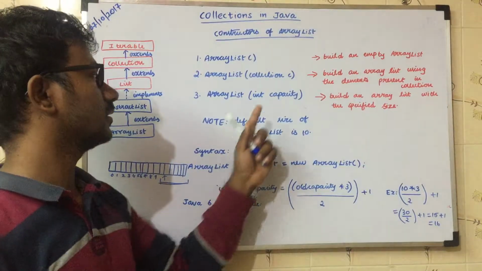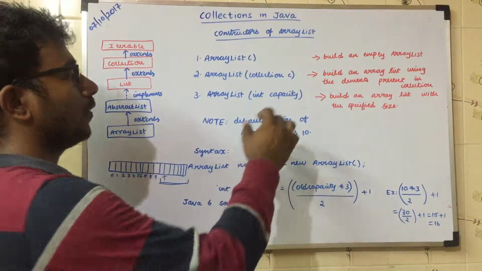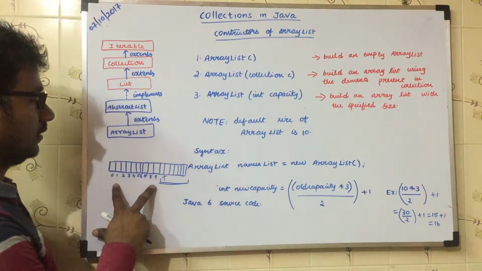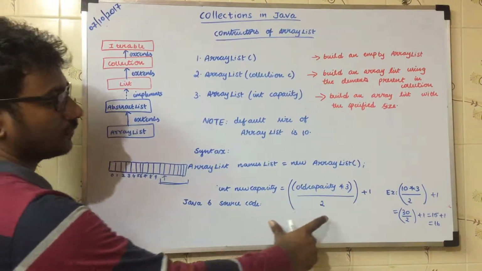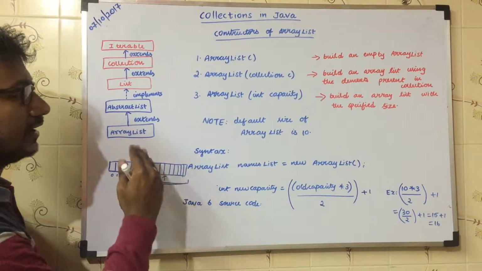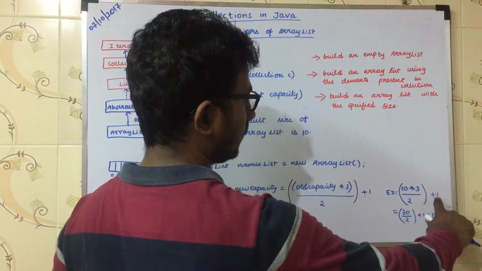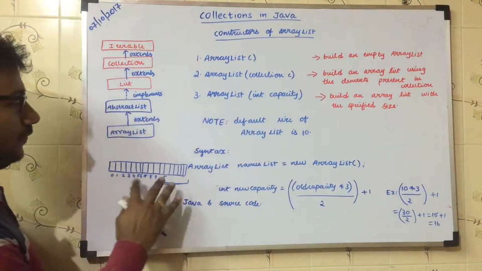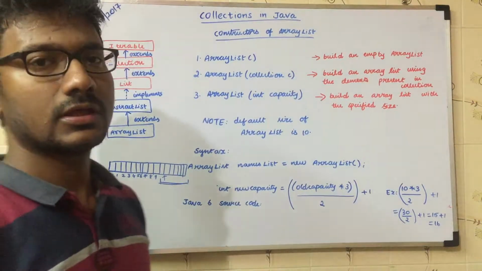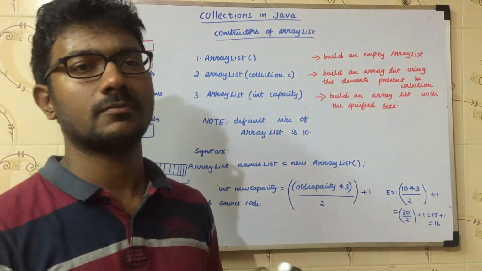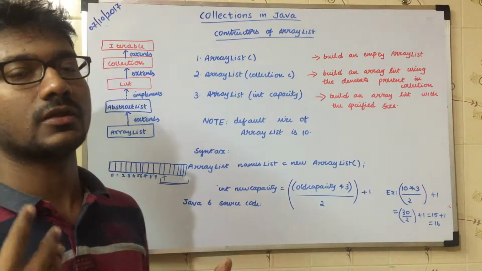The reason behind the capacity is, if you need to have 11 elements and you are not providing the capacity, then by default there will be 10 cells. If you are trying to add the 11th element, then using this formula, the ArrayList size grows. So our old capacity is 10, into 3 by 2 plus 1, which results in 16. So the size of the ArrayList would be increased from 10 to 16. Here the total elements that need to be added is only 11, but the size got increased to 16. So 5 cells of memory are getting wasted.